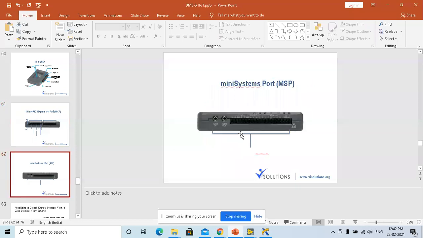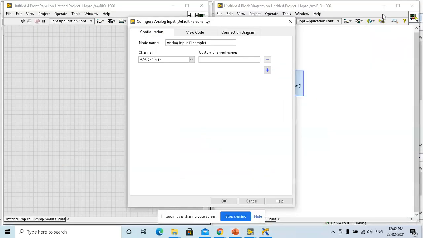But port C is going to have a plus or minus 10 volts range. Of course, you would say, okay, sir, only plus or minus 10 volts. Of course, any embedded system is going to have a very small voltage range. But if you want to extend that range, you probably have to design something like a signal conditioning system. Or there are several modules available in any ecosystem. Let's say if you want to acquire 300 volts, you have separate module-based hardware available. But this hardware can acquire only plus or minus 10 volts.